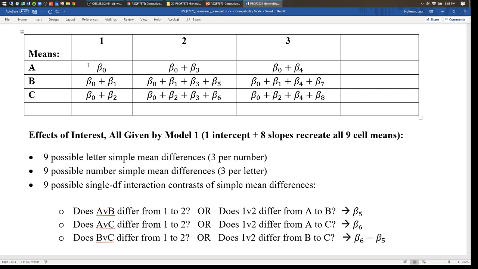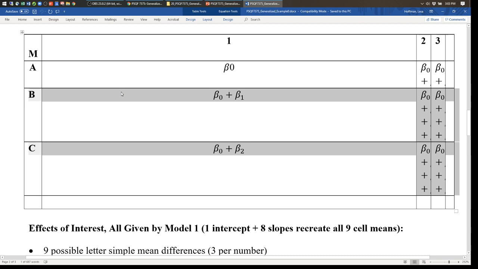So for instance, is A different than B? Well, if I start here, the difference between them is given by beta 1. I don't have to ask for that, it will show up. Likewise, the difference between A and C,